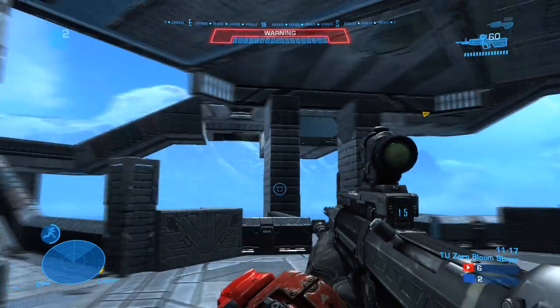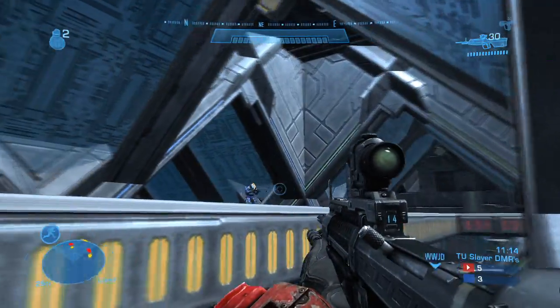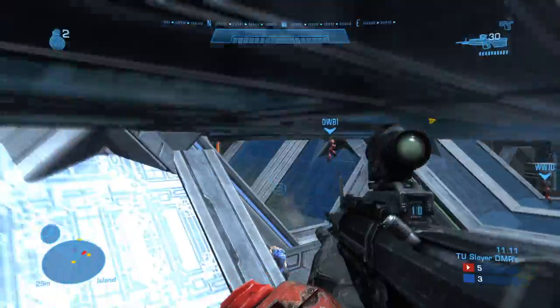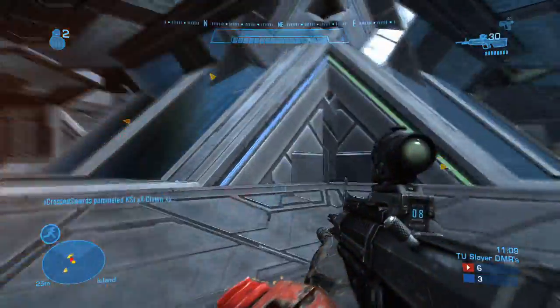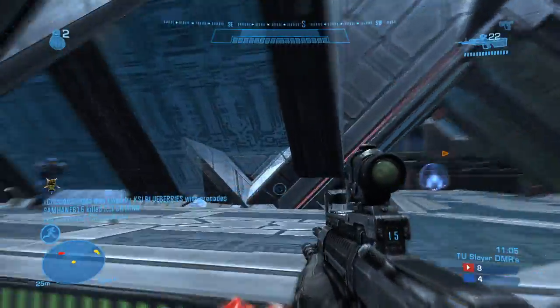So I suggest using the bumper jumper button layout. I've used that since Halo 3 and it's really useful. It puts jumpers on your bumpers and it's extremely useful. It also helps you with your melees and stuff, which brings me to my next section,